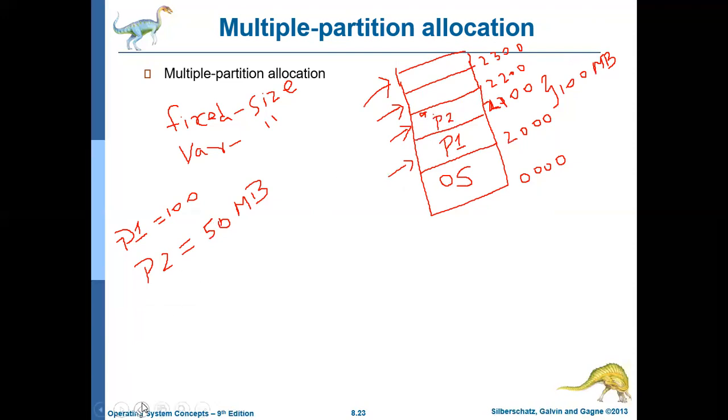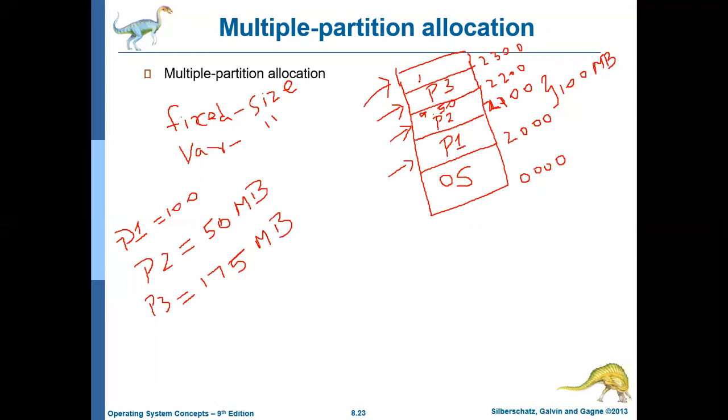Okay, so here there is a wastage of memory of 50 MB, right? Next another process comes, P3. P3 needs 175 MB memory. So the operating system will allocate the next slot for P3, but it has only 100 MB.